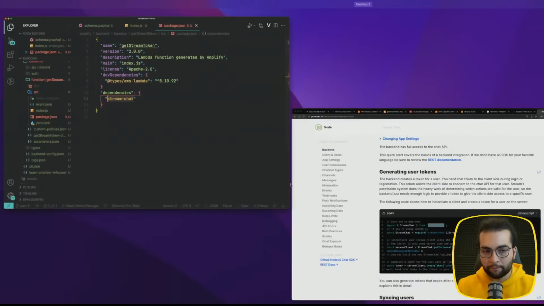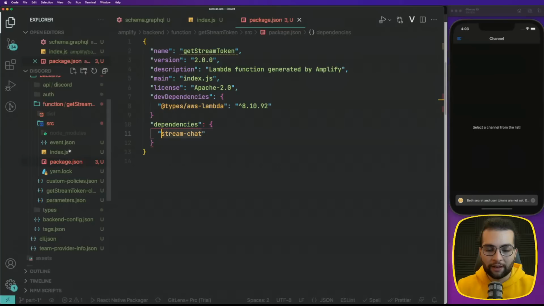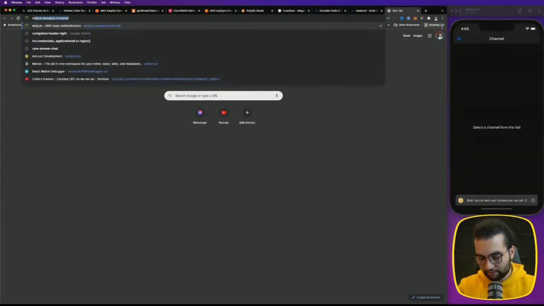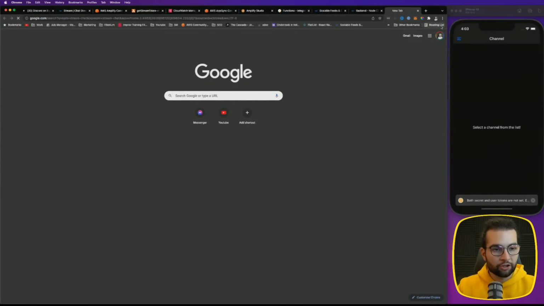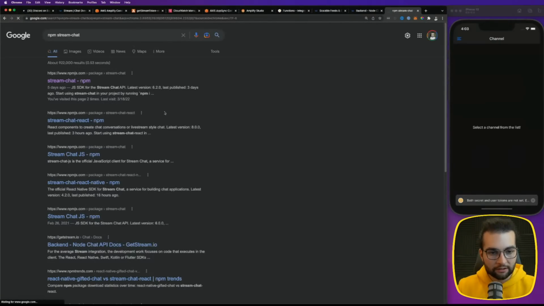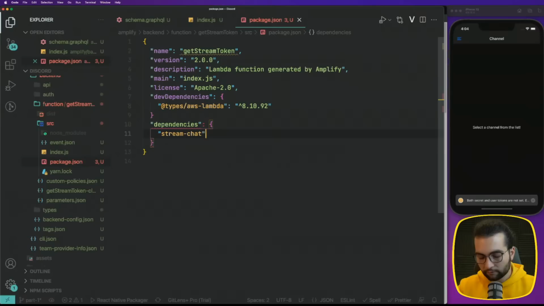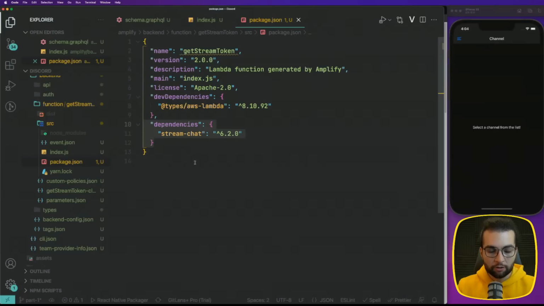And for the version, you can actually navigate there and do npm install, but I'm going to do it manually, not to have to go there. So npm StreamChat, let's check the latest version, 6.2.0. Let's go with this one. And I'm going to add 6.2.0 here. Dependencies, yeah, I forgot the comma. So make sure to add this dependency to our package.json in the function getStream